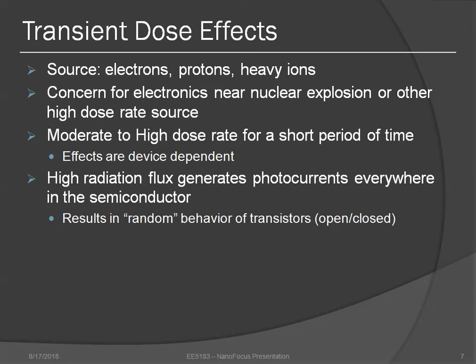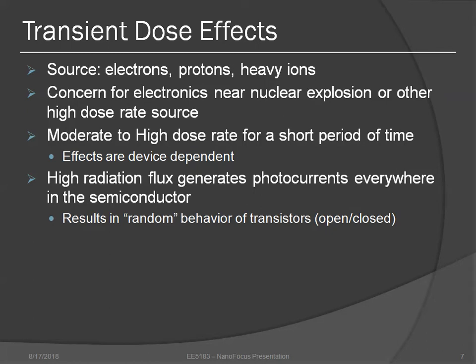Transient dose effects are fundamentally different from TID. I guess the main difference just lies in your dose rate. For TID, it's a low dose rate. For transient effects, it's a high dose rate. You can kind of compare it. If you look at a satellite in a deep space mission, it's got a lot of low dose rate TID effects that it has to be hardened against, compared to electronics that are near a nuclear explosion that receive an alarmingly high rate of